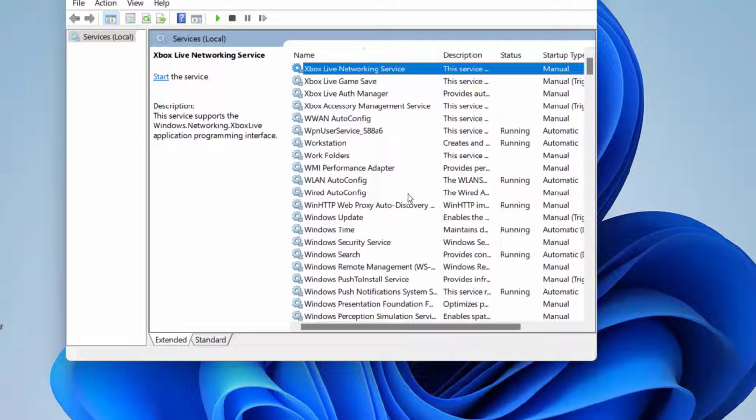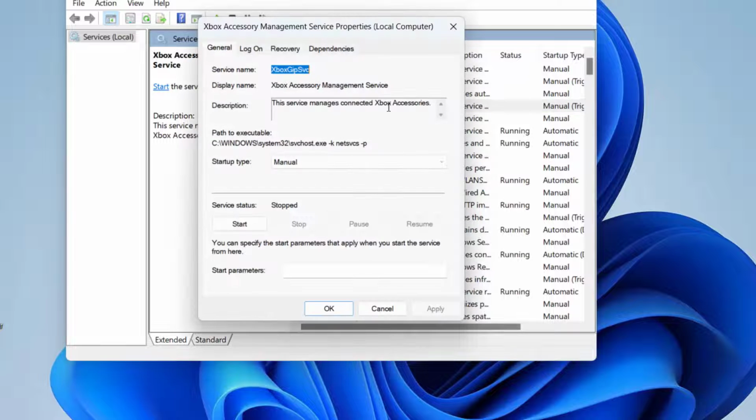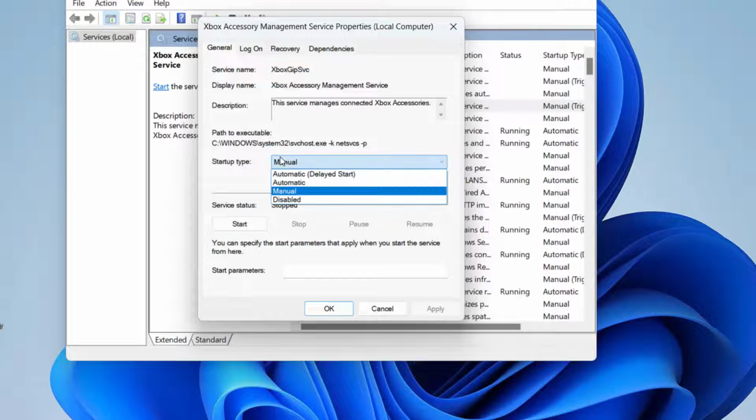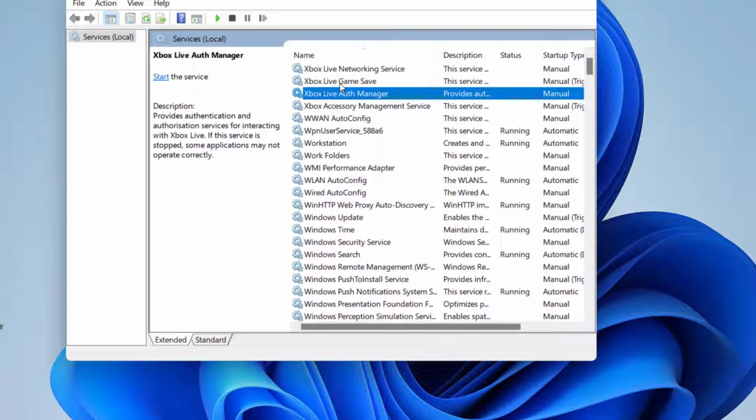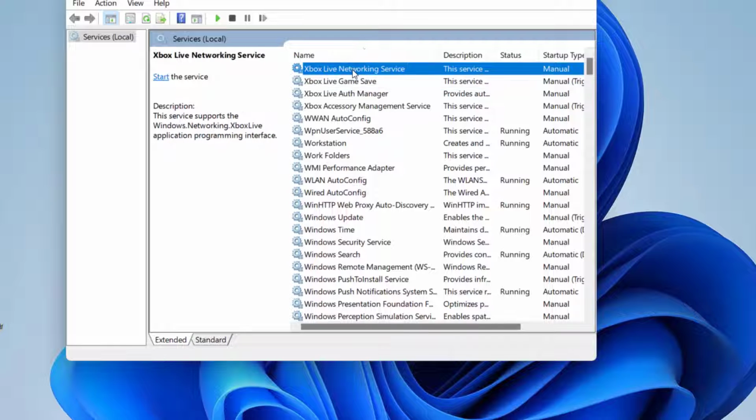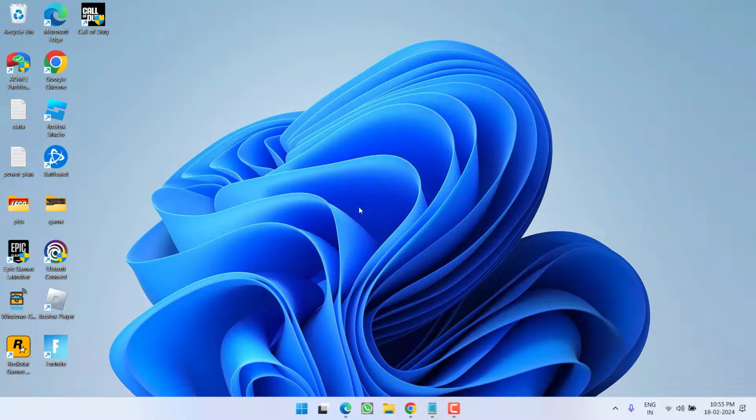Next is Xbox Accessory Management Service. So press the X key. Again, double click to open it, and if it is stopped, like it is stopped right over here, click on the Start option, and then in the startup type, from the drop down list, choose Automatic, hit Apply and OK. Do the same thing with Live Auth Manager, Game Save and Live Networking Services. Once you have done these changes, go ahead and relaunch the game to fix the issue of Xbox error code